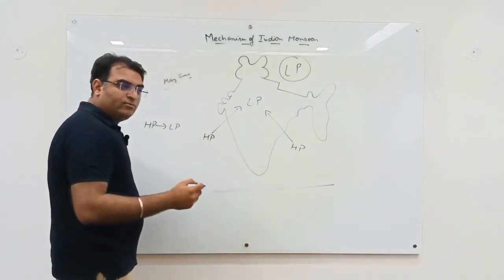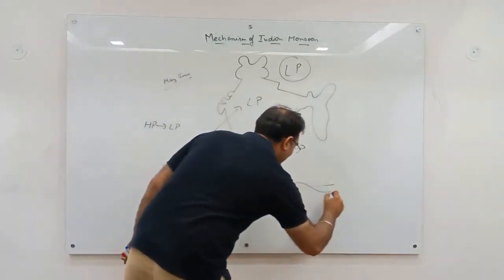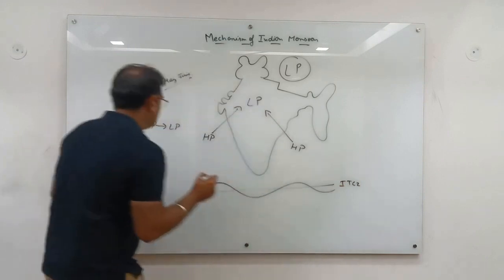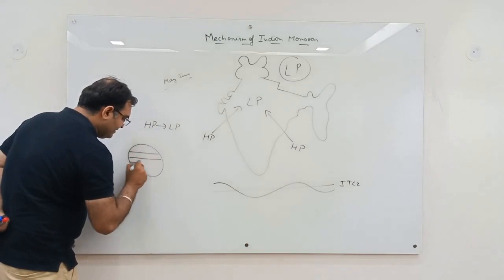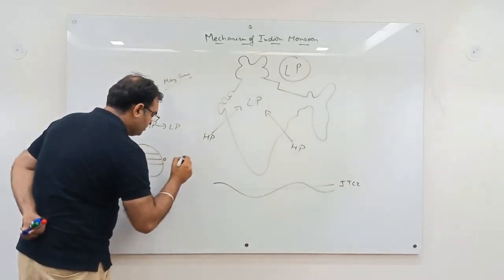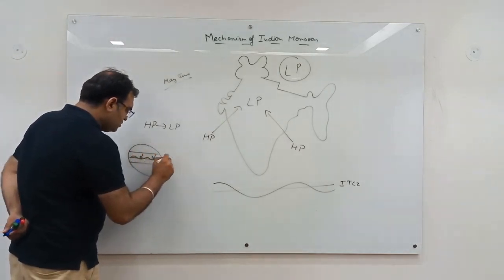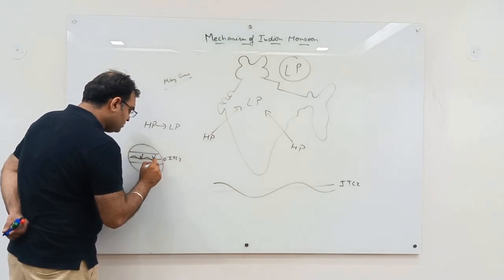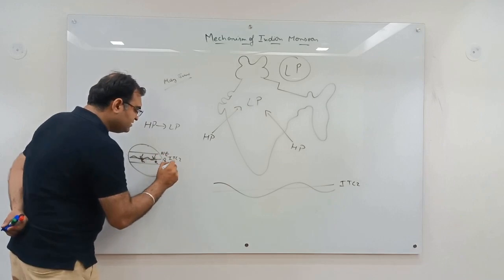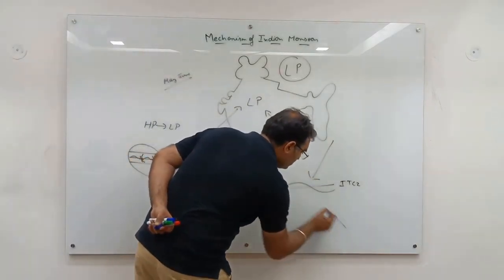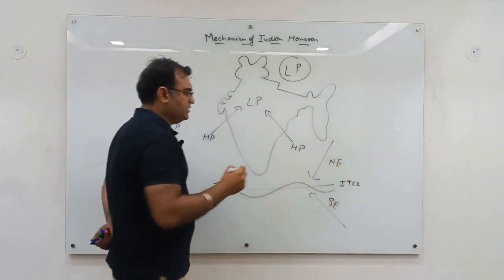The third factor which plays a very important role in the mechanism of Indian monsoon is the ITCZ. The ITCZ is the Intertropical Convergence Zone. It is a zone where the northeast and southeast trade winds converge. It means this is a zone where the southeast and northeast trade winds are converging with each other. But